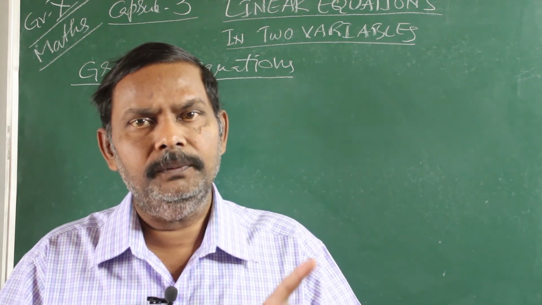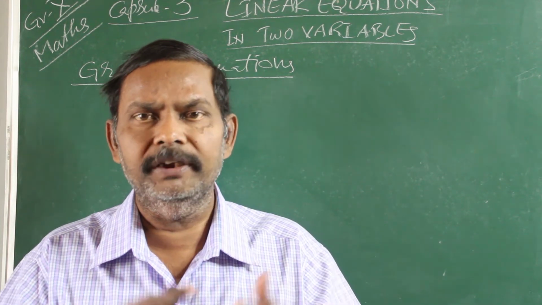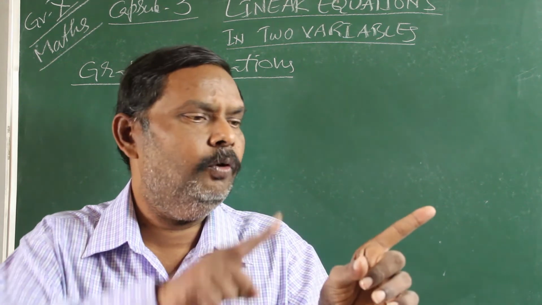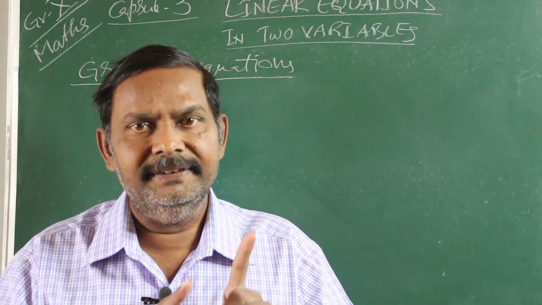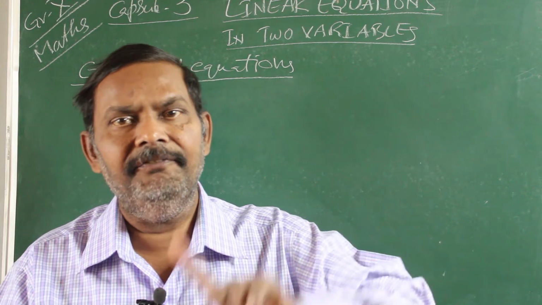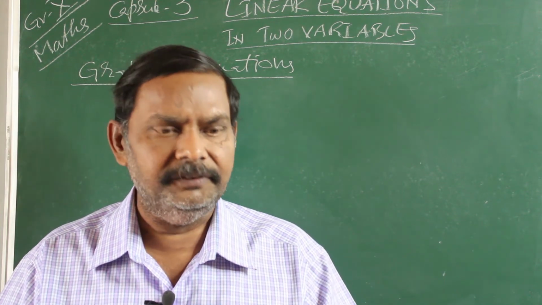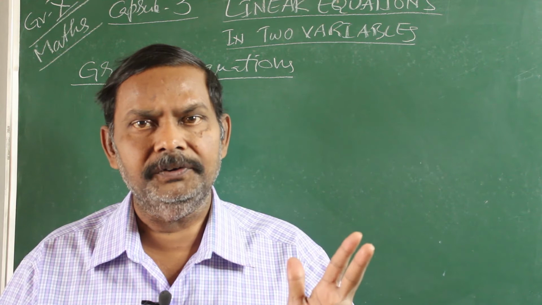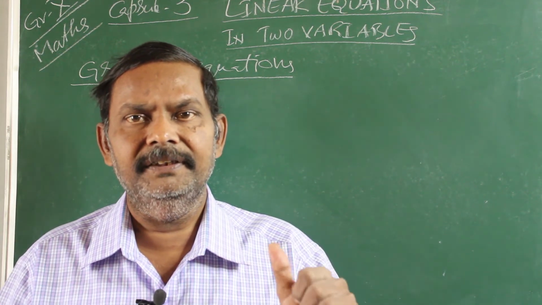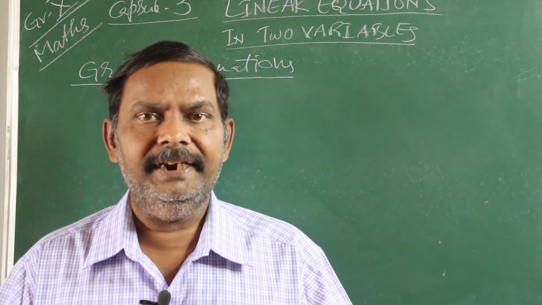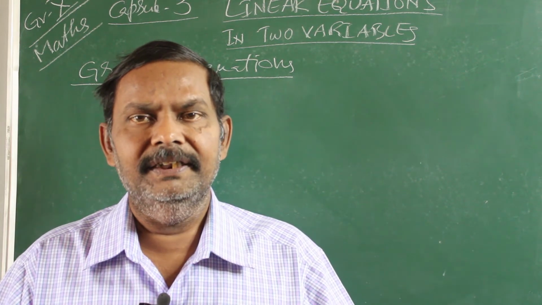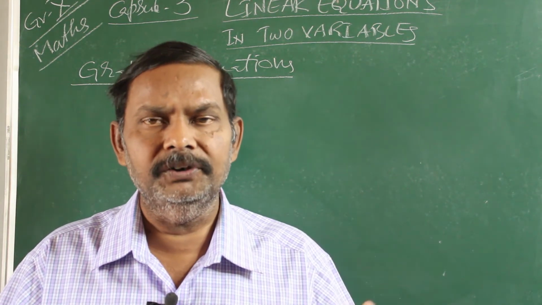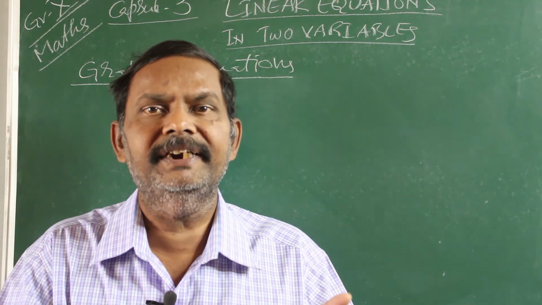If you have taken two different linear equations in two variables and plot them on a graph, and you are getting two coinciding lines, one line overlapping the other, that says that the two equations have infinitely many solutions. So three conditions: unique solution, no solution, infinitely many solutions. The condition for unique solution is the lines should intersect at one point. The condition for no solution is the two lines should be parallel. The condition for infinitely many solutions is the two lines should coincide with each other.